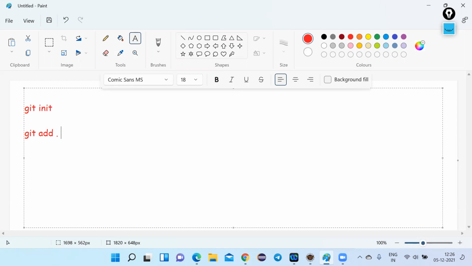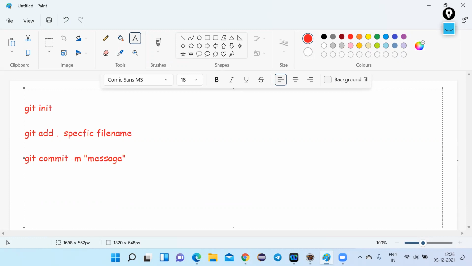Or if you want to add a specific file, you can write the specific file name instead of dot. If you want to commit these all to the local repository, you need to use the command git commit -m followed by the commit message.